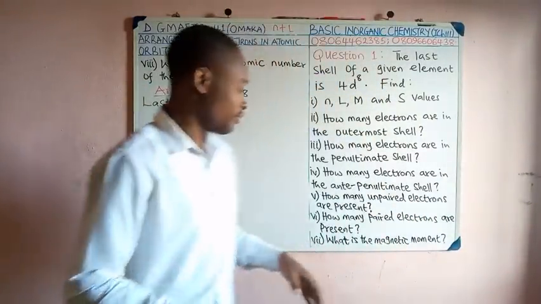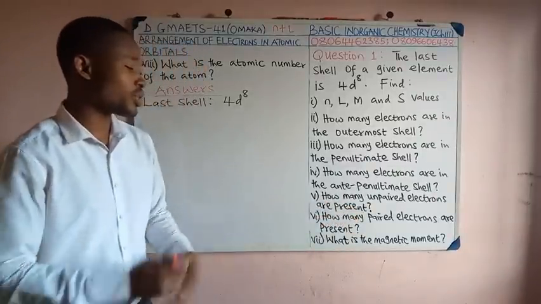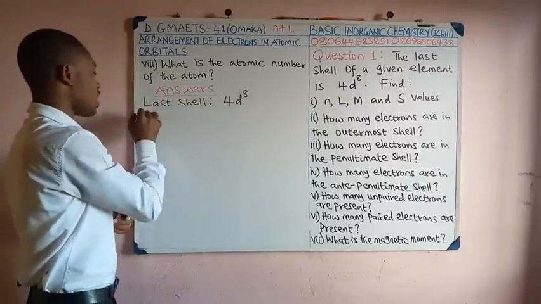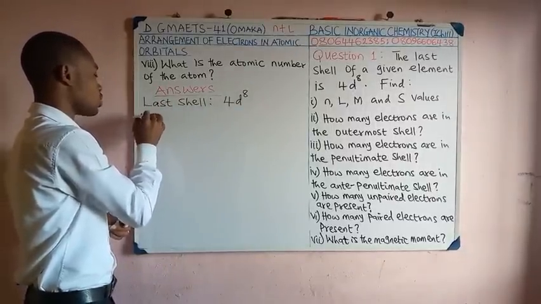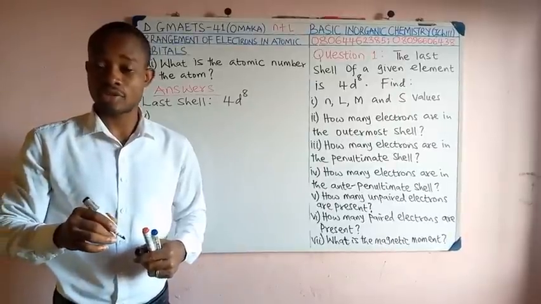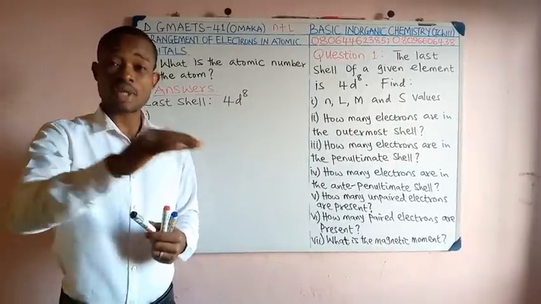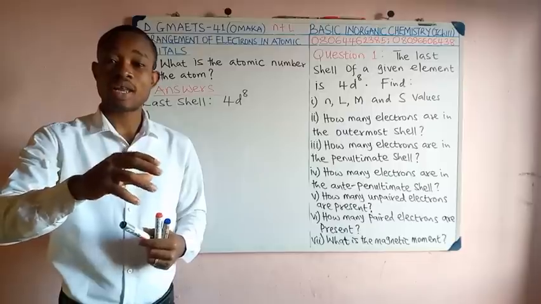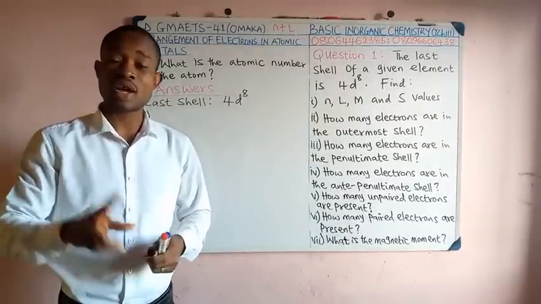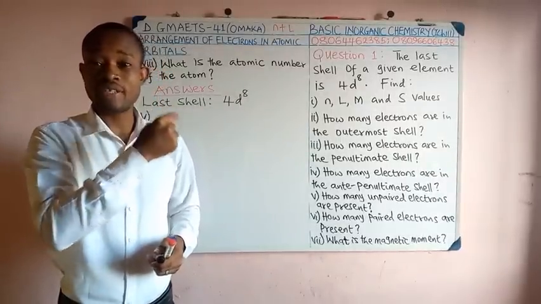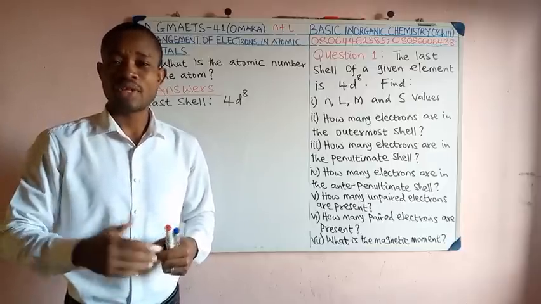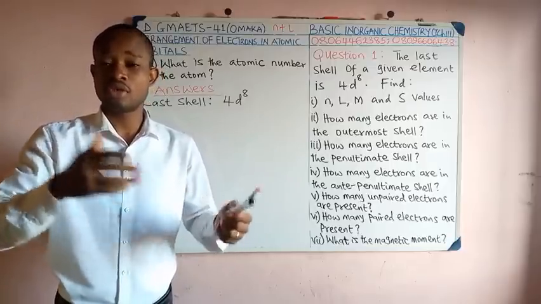Let's now look at the fifth part of the question. How many unpaired electrons are present? Considering this 4d8 directly, we could see that there are 2 unpaired electrons. The d orbital is meant to take 10 electrons fully, is that not so? So given the normal electronic configuration of palladium, on the condition that this 4d is 8, it means that there are 2 electrons left to complete it. Is that okay? Which was the reason why we did a transfer earlier from the 5s2 shell to the 4d8